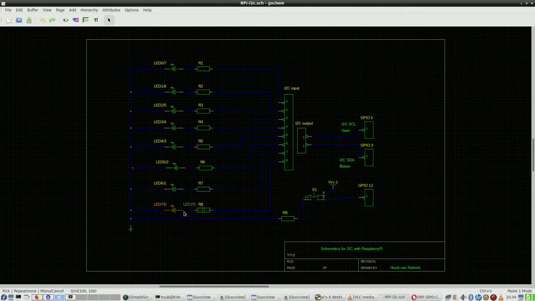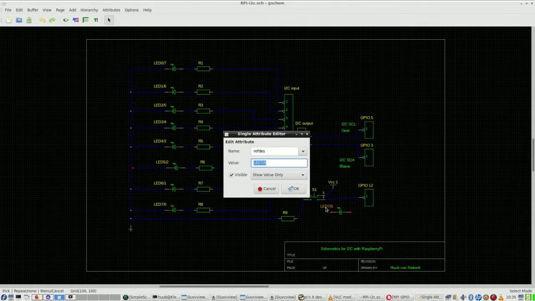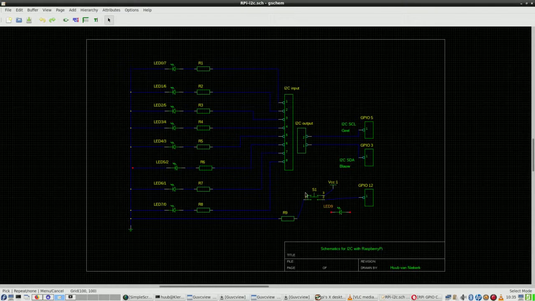So, okay, LED, and then this is LED 9. There, but wiring is like this, and then